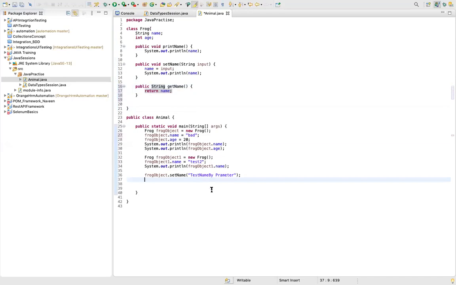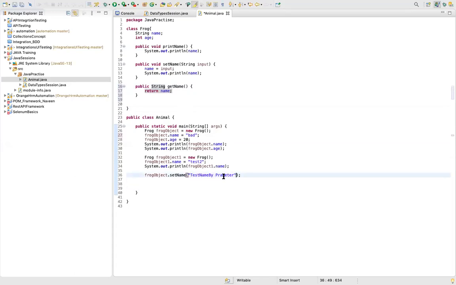Now, we have gone through classes and objects. There is one more keyword which is very much used in Java, the this keyword. How do you use it?